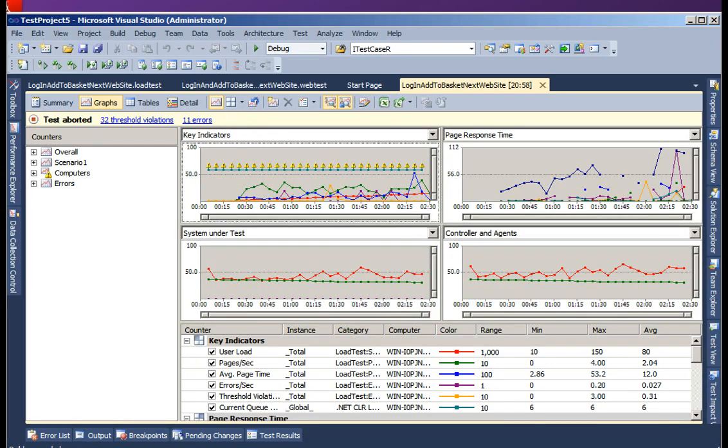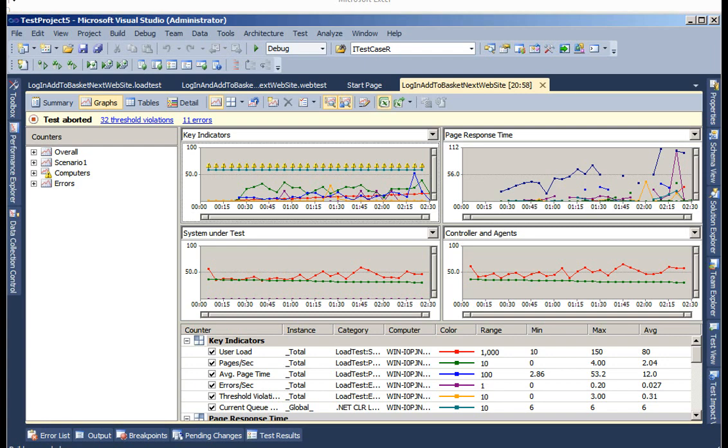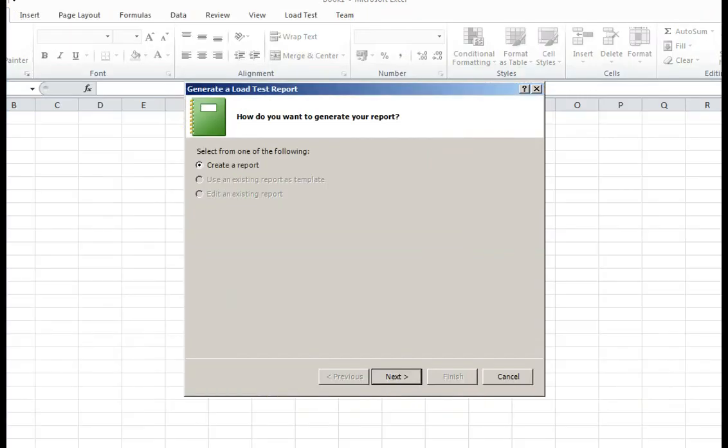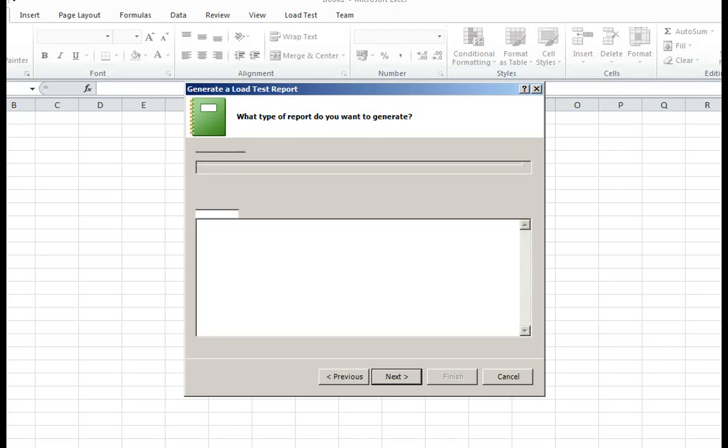Now maybe I have the results and I wanted to generate a report. I can click on the create Excel report icon here, and this brings up Excel, where I have the opportunity to create a report. I press next. It allows me to create a run comparison report or a trend report. If I choose the run comparison report, then I will get